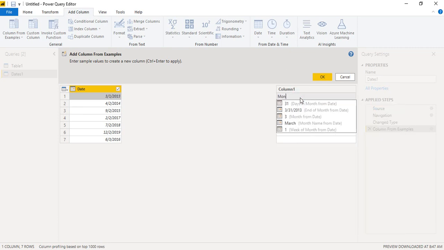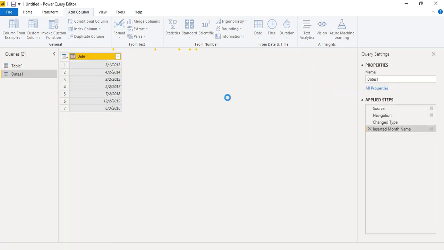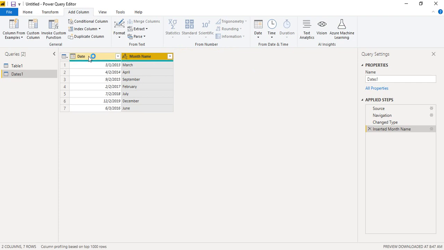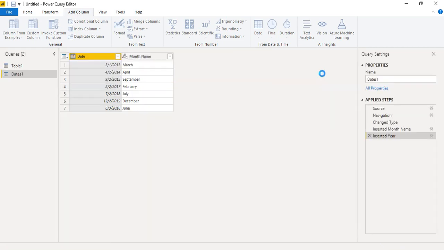Suppose you want to apply the month function, you can simply write mon. Then what would happen is it would automatically give us all the month functions. Like I want the month name, so I can just click on this and press enter, and you can see that automatically according to the data it has given me the different months, and I can simply click on OK. So the month name column would be added automatically. Similarly, you can go with other examples, like if you want to work with the year function, it would give you the year as well. Basically you can just select this, press enter and click on OK.